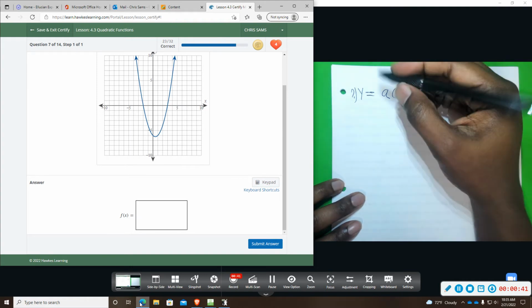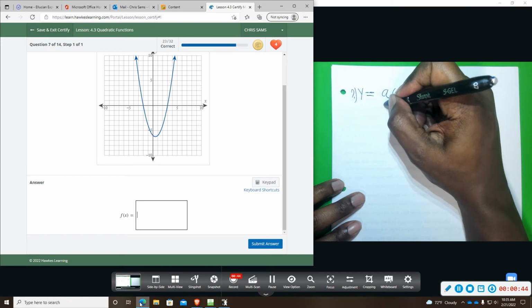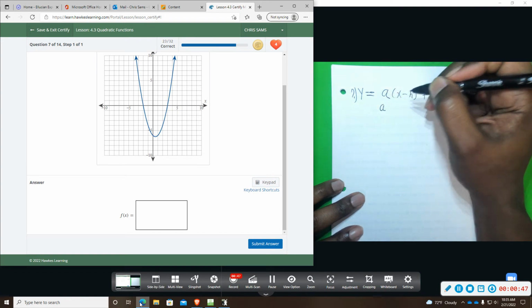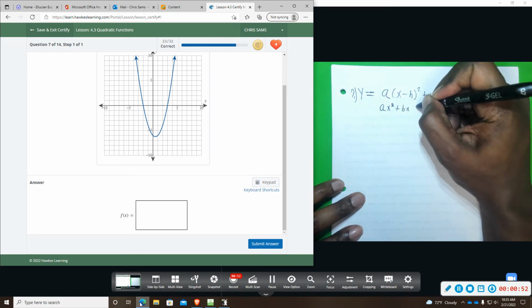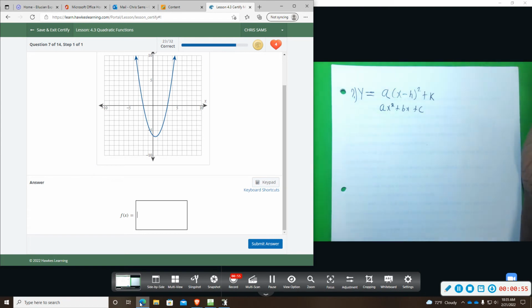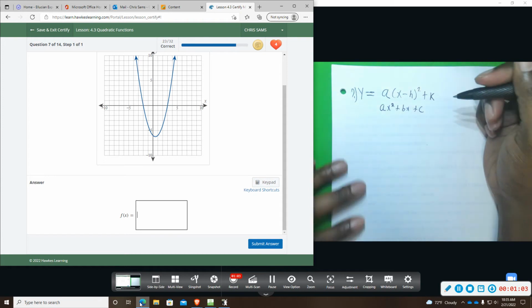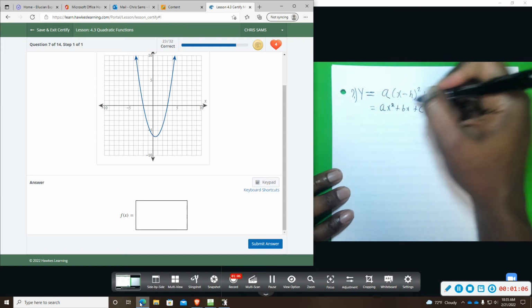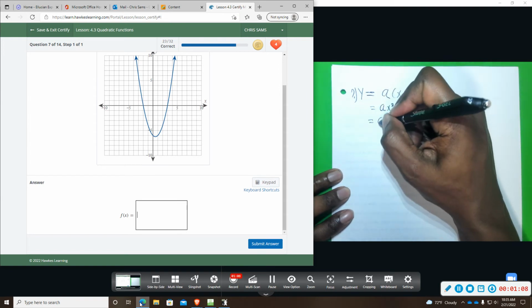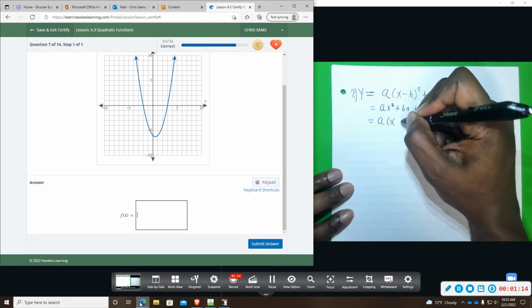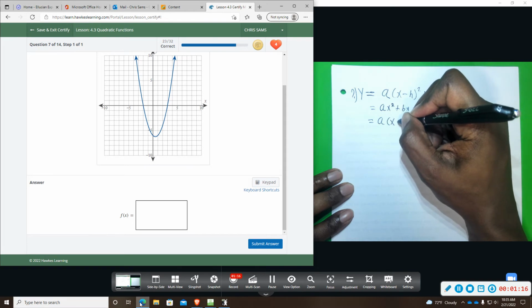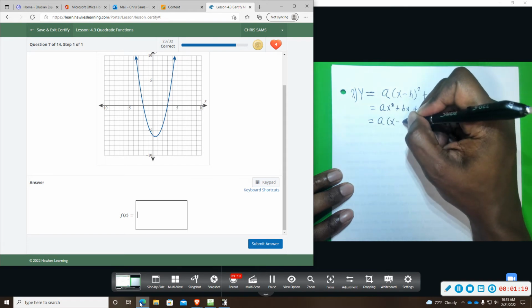Vertex form, and then we also have standard form, a x squared plus bx plus c. And then there's a factored form. I think that's the one we really want to use. So all of these could be used the same way, but a and then x. I don't even know if this is actual factored form. A minus